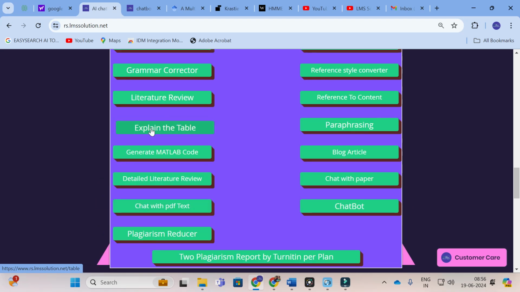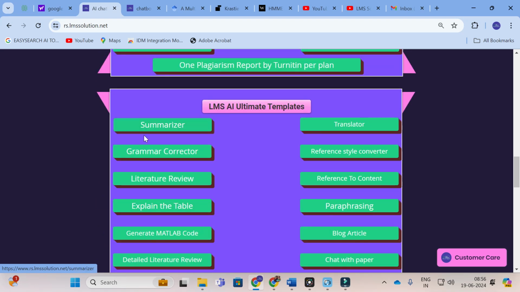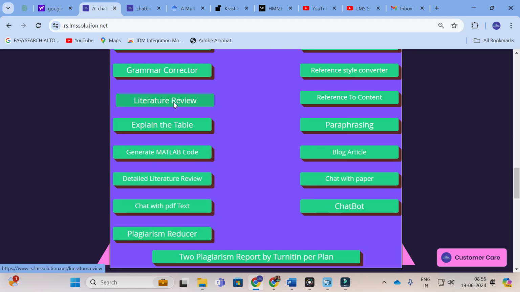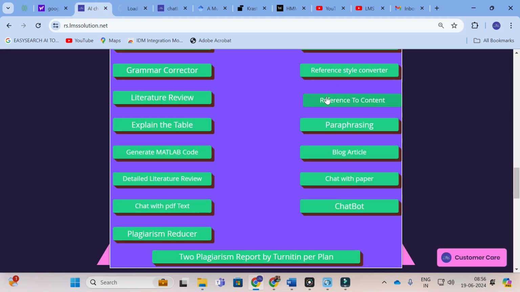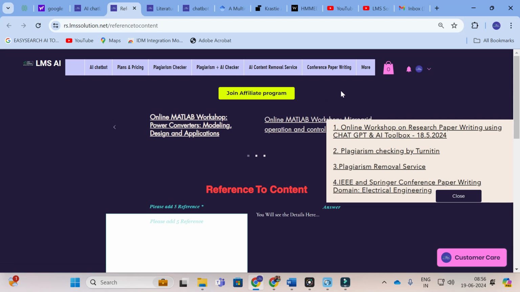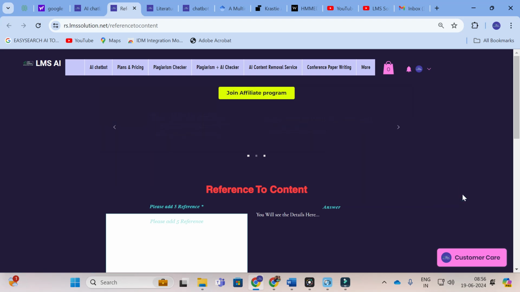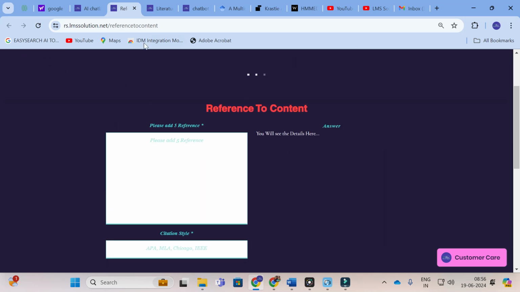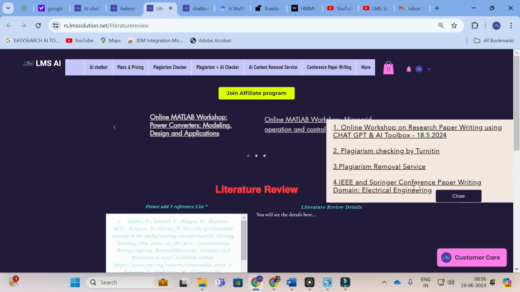First, in order to make an instant literature review, just click on the 2 templates called literature review and reference to content. These 2 templates will give an instant literature review. Whenever you are in urgent need to prepare a literature review, you can use these templates to prepare it. After the dashboard of the templates is open,